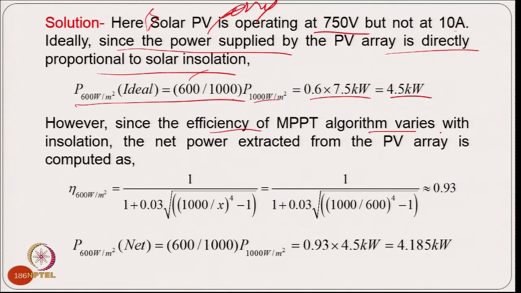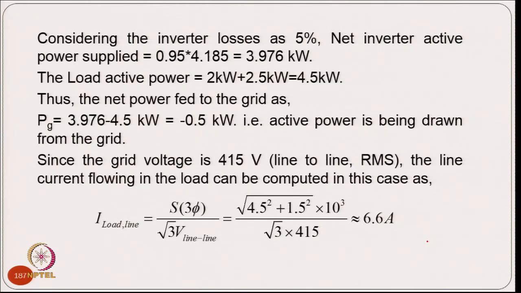However, since the efficiency of the MPPT algorithm varies with the insolation, the net power extracted we can calculate from this relation. So, it comes typically 0.93 into 4.5, so it is 4.185 kilowatt, and considering the inverter loss is 5%, the net active power supplied will be 0.95 into 4.185, that comes 3.976 kilowatt, and the load active power is